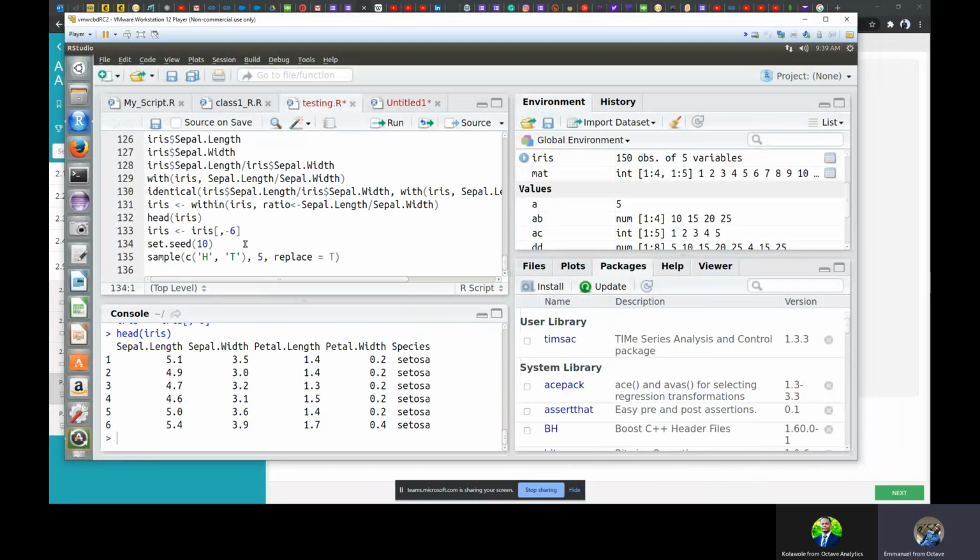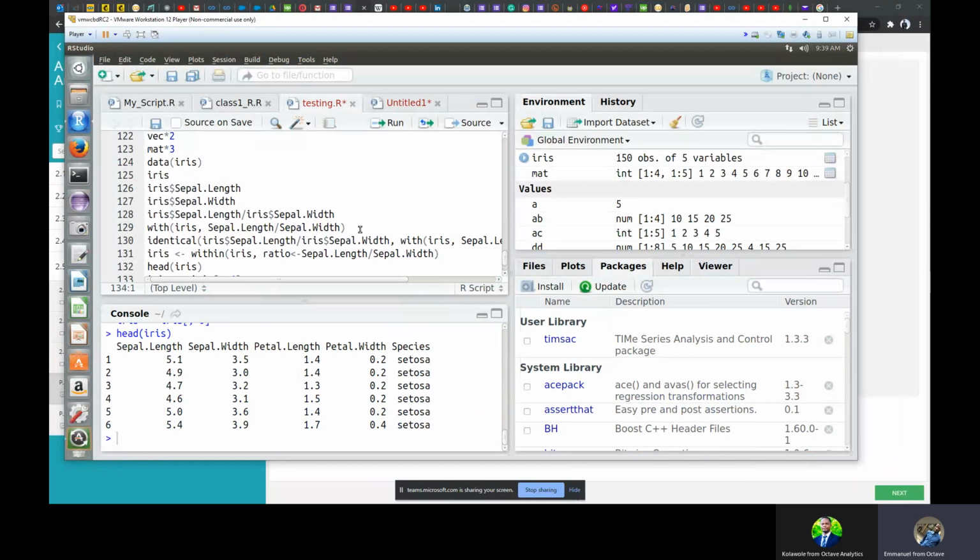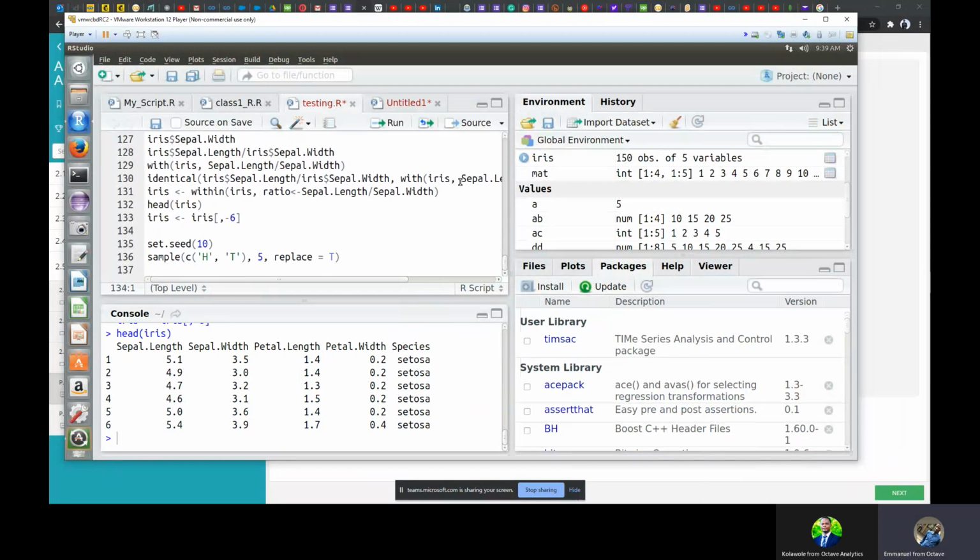Now, let's say we want to include the ratio column another way. So I think I should be able to do this using this command. I'll say iris, give me corresponding to all the rows, and